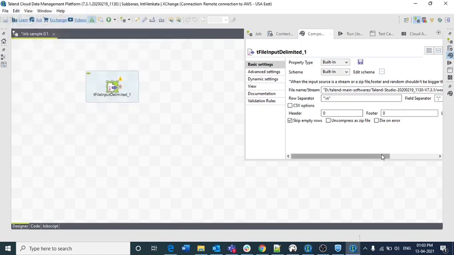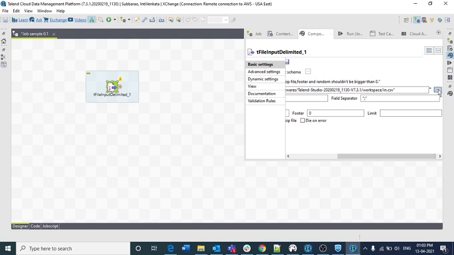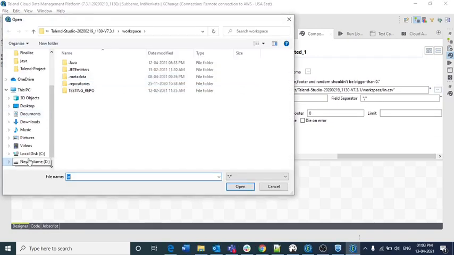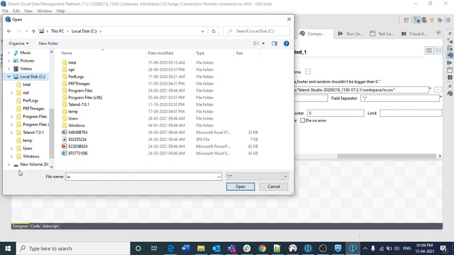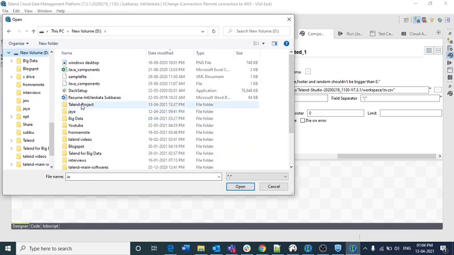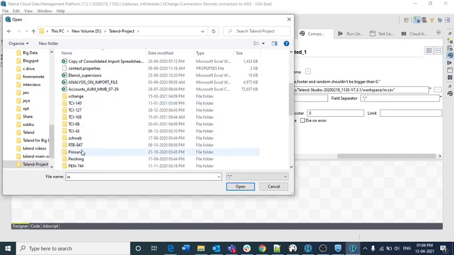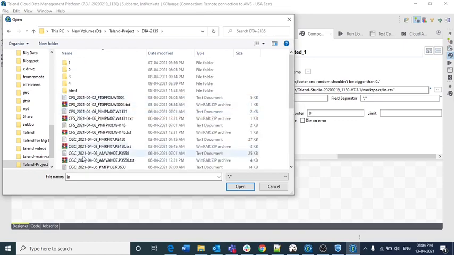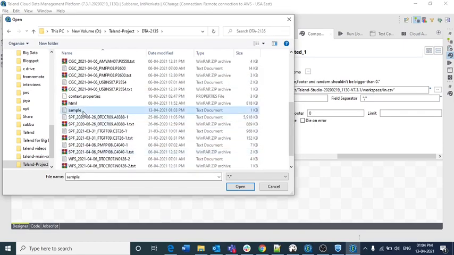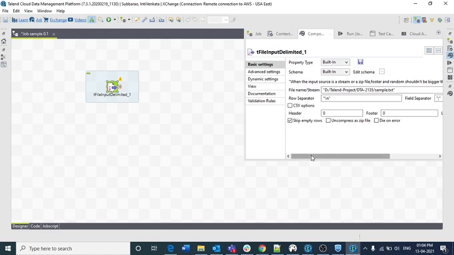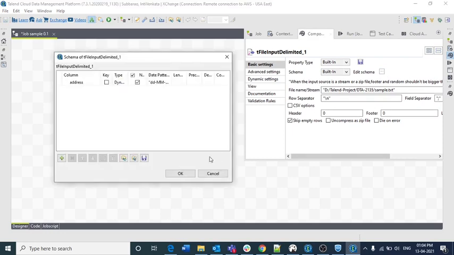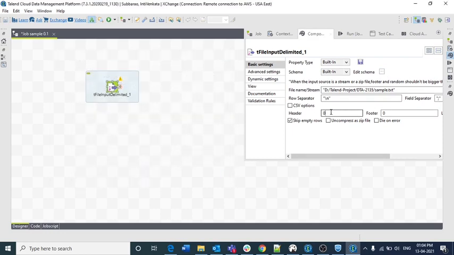For the file name, I am pointing to wherever my file path is; it is present in this folder. The field separator is semicolon and the row separator is slash, and that is fine. The schema we also mentioned as address, and here we have the header value as 1, so I am making it 1 here.